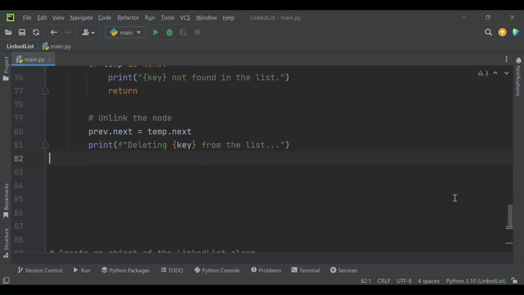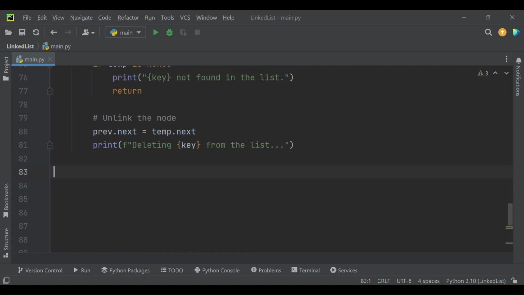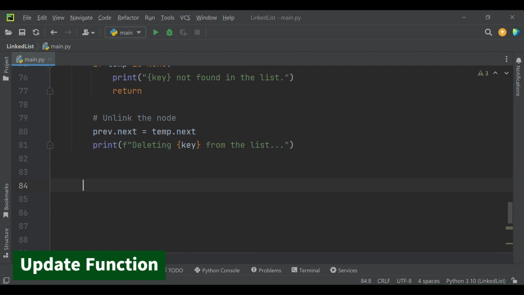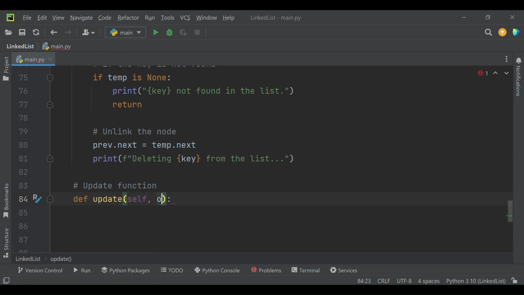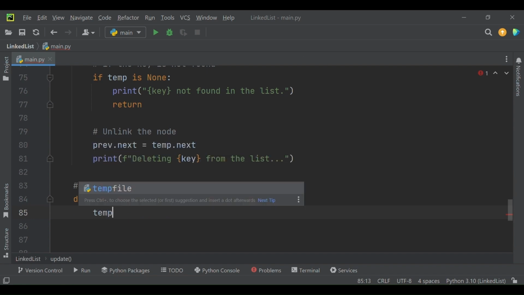Okay everyone, let's also implement one additional function, which is to update a value. So here we have update function, and here I will pass two parameters, old value and new value. Here we will once again traverse the entire list.